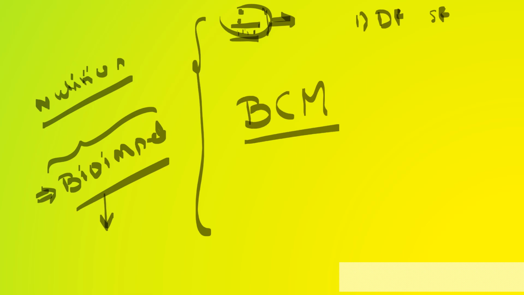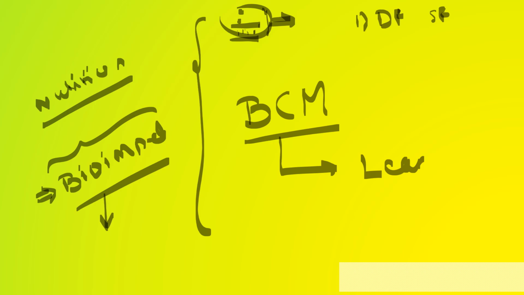Regarding the detailed analysis of bioimpedance, I will try to upload another video. So at least for today, you can see that by passing the current, you are interpreting the body composition. There are various methods: you can use a dual frequency current, single frequency, single compartment, entire body. There are various types. The commonly used one is the body composition monitor, in which most commonly three components are analyzed: